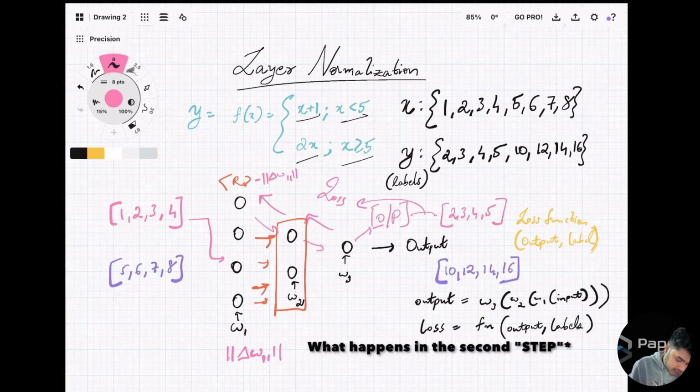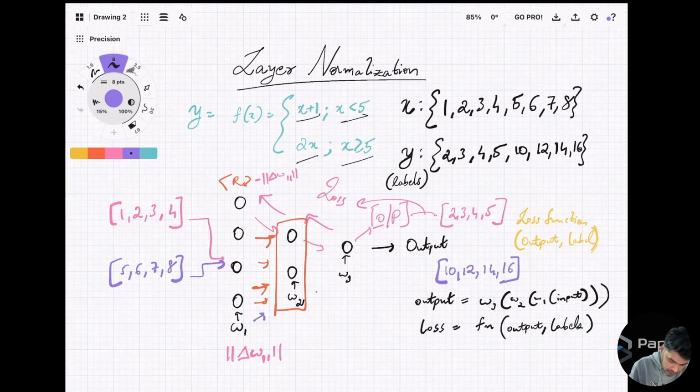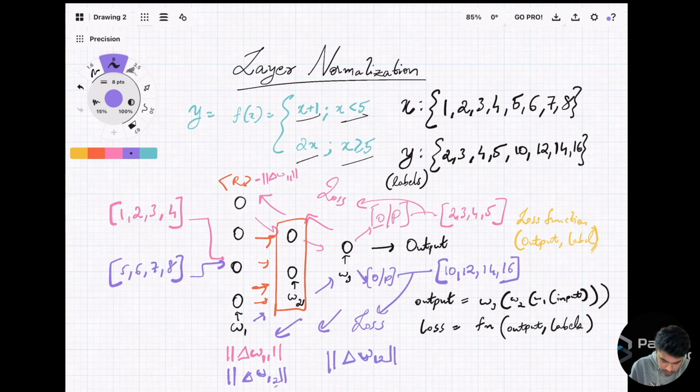But what happens in the second epoch is that when 5, 6, 7, 8 comes in, and this gets forward propagated, and we calculate the output. Once we have the output, we can calculate the loss between this output and this label, and this can then be back propagated, right? This causes a weight updation of W12. So this is the weight updation of the first layer in the second step. Now, let's take a condition where W12 is much higher or much lower, it can be any of these two, than the first one,